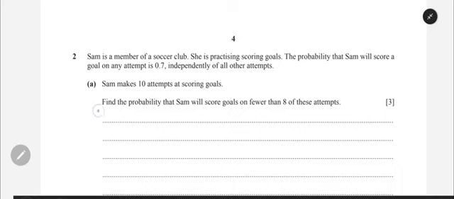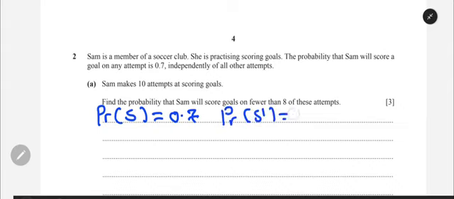That's the probability. So the probability of scoring, we denote that to be x. We have 0.7, and the probability of x prime will be 0.3, because the probability of success plus failure is equal to 1. That is not new to us. So x prime will just be 1 minus 0.7, which will actually give us 0.3. Now Sam makes 10 attempts